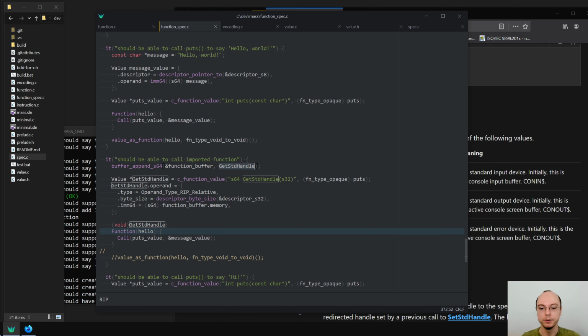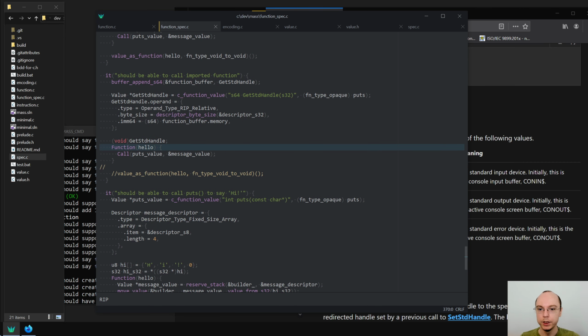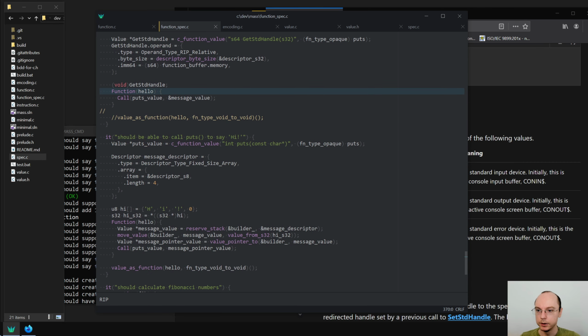What are we calling? What address are we calling? Instead of having it as immediate, we have it as rip relative. But it will change in a moment. So here we say return,